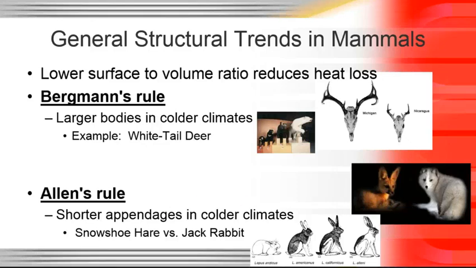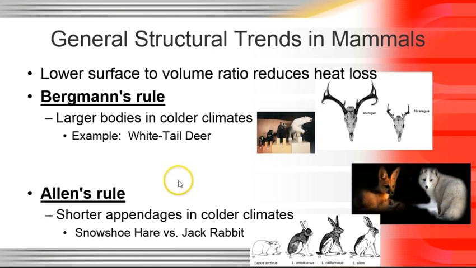Obviously, a larger body has a smaller surface area to volume ratio than a smaller body, and so you can maintain heat. And then here's a white-tailed deer skull. You can see Michigan deer, where it's very cold, are really big, and Nicaraguan white-tailed deer, really small. And then, of course, you have your tropical bears. That's a spectacled bear right there. And then you move up to, or maybe that's an Asian sun bear. It doesn't matter. These are tropical bears, and that, of course, is a polar bear, which is your largest land carnivore.